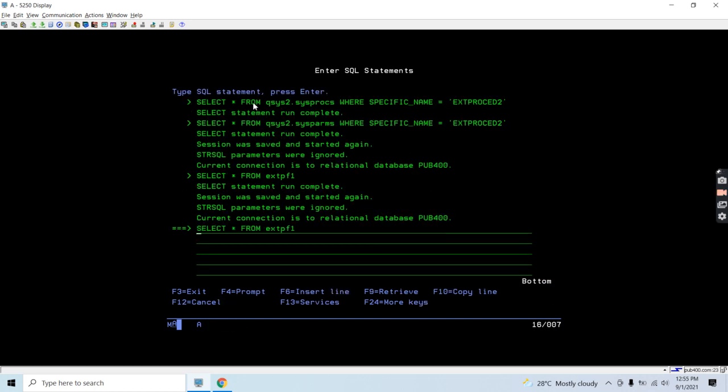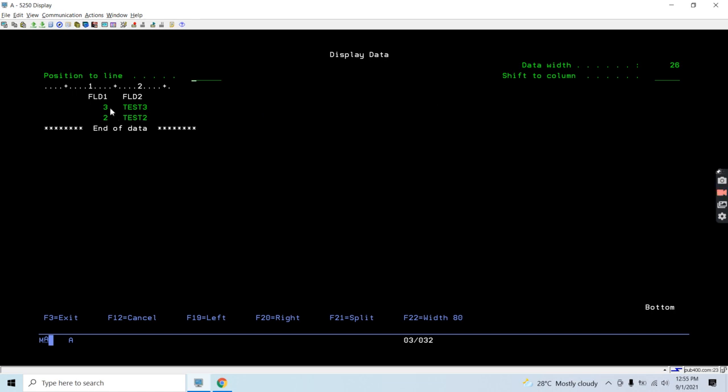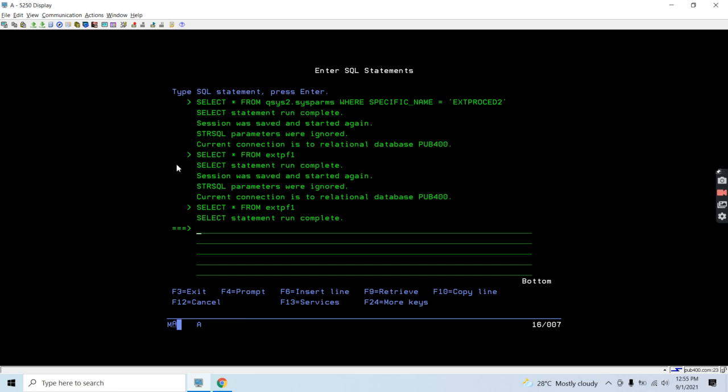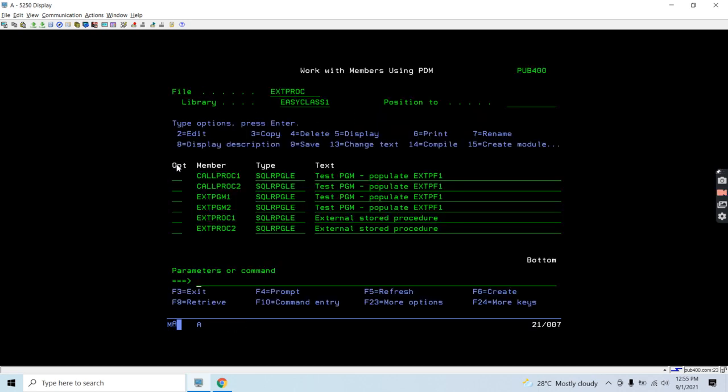Just check if we have that data. Yes, 3 test3. So we can see this external stored procedure is working fine and populating data. So instead of calling the program, we can now make an SQL call of the external stored procedure, and we can populate that file. We can perform the work which we want.